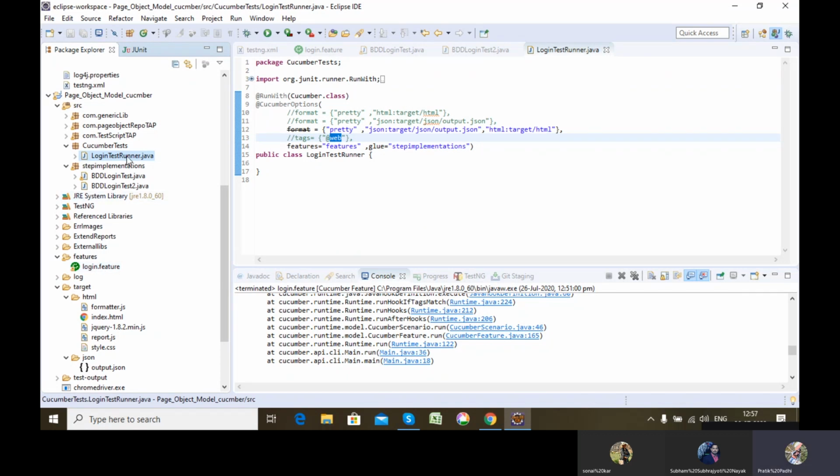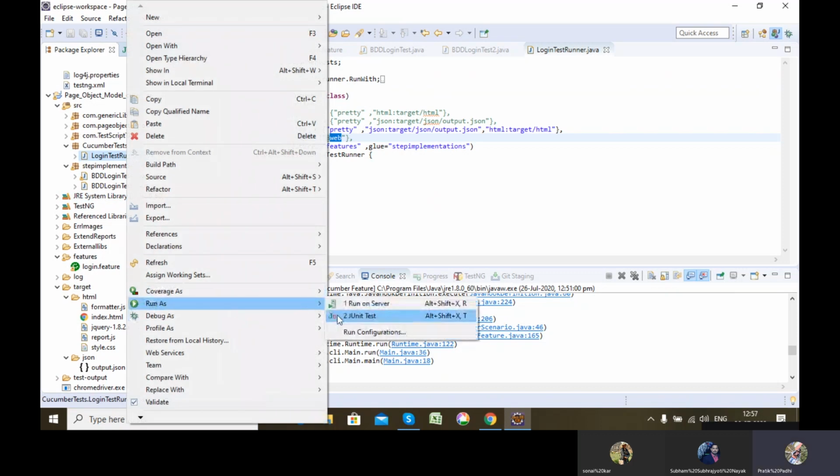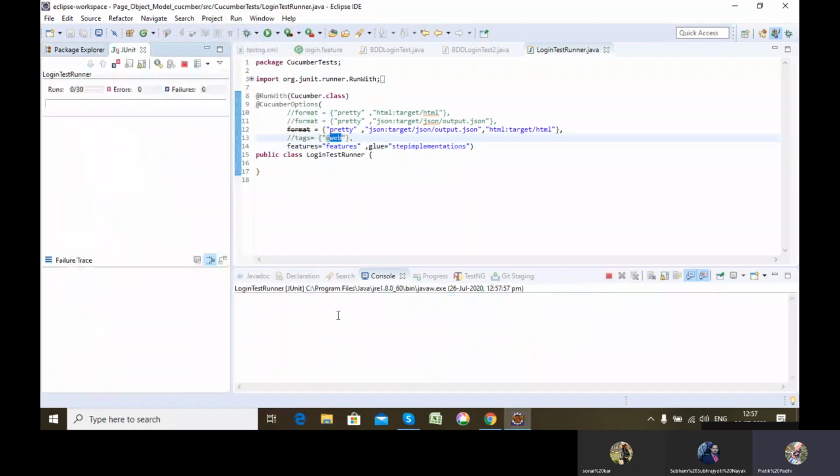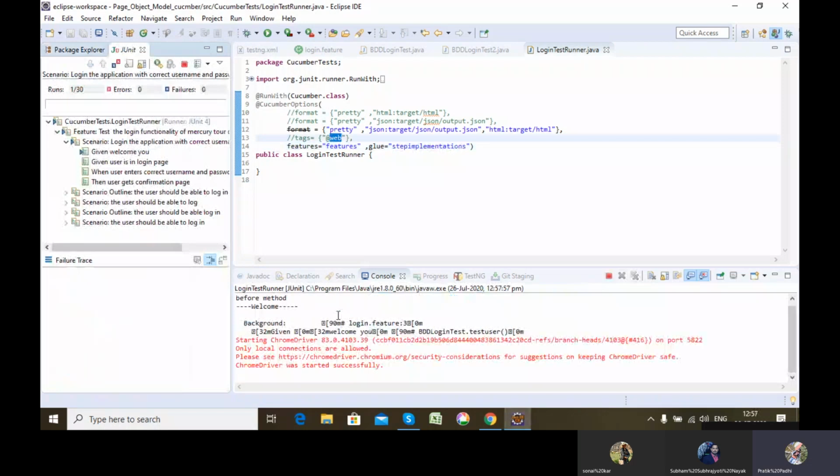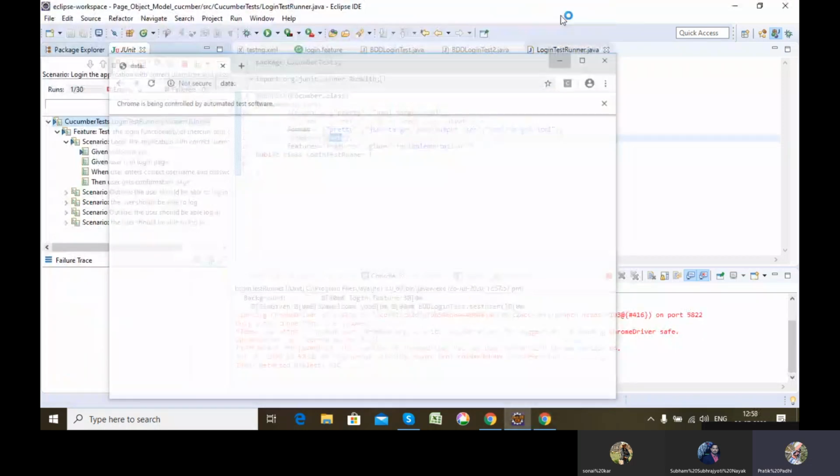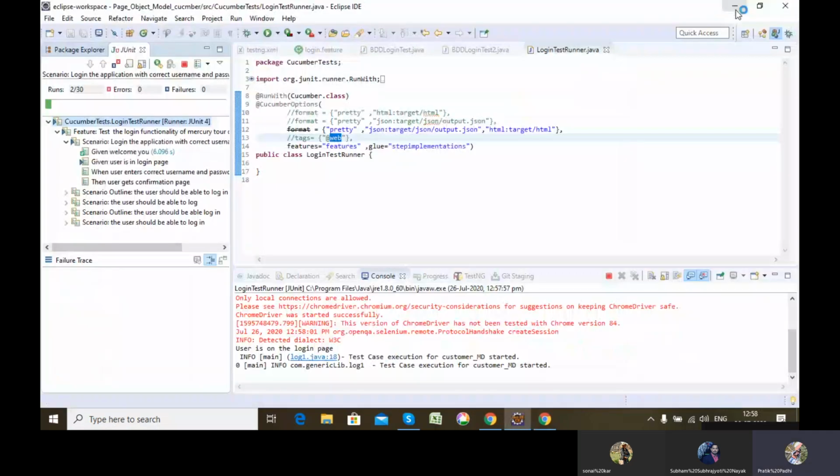So what you can do is right click, Run As JUnit Test, and it will run accordingly.